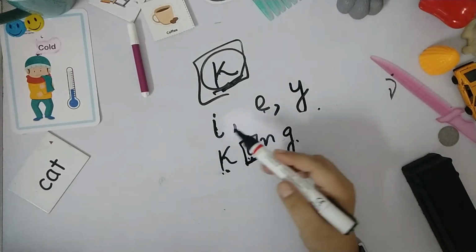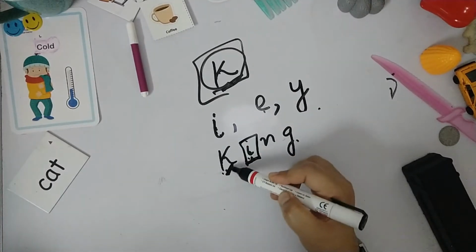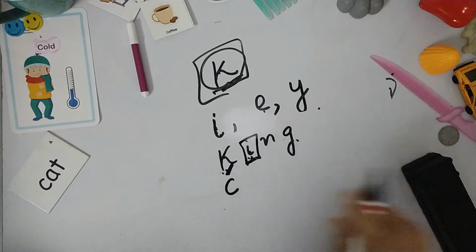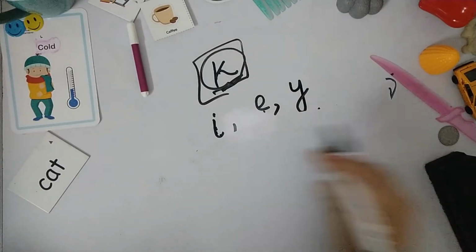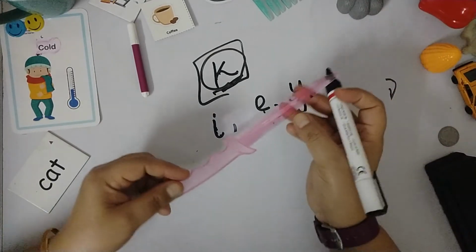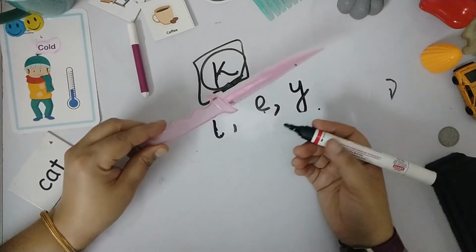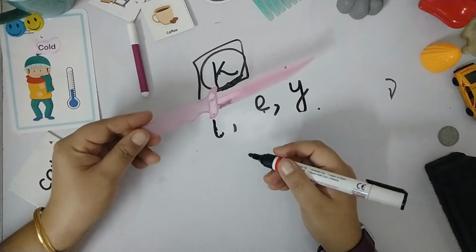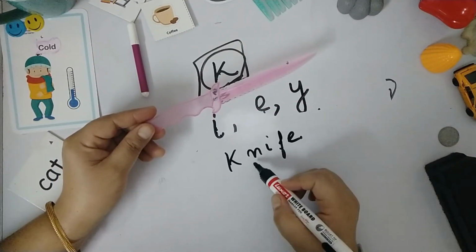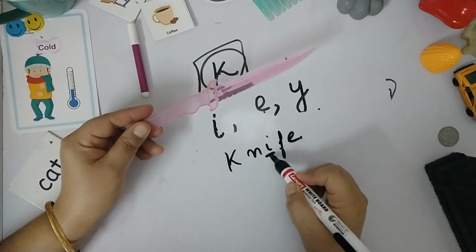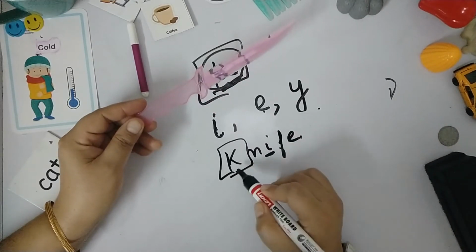So here again, as the E sound is of I, we have to use K-I-N-G, king, instead of C-I-N-G. Alright. Then we can take any other example also, like this complex example of knife. If your toddler is in first grade, you can use this example also. Knife. So we are able to see the I sound here, so the toddler needs to write K